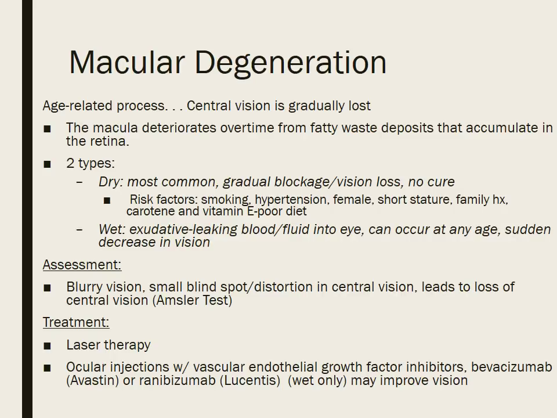age-related macular degeneration, and this happens because there's a growth of new blood vessels in the macula, and these new blood vessels have really thin walls, and they can leak blood and fluid. This is why it's called wet. Exudative macular degeneration is also a type of wet macular degeneration, but it can happen at any age, so it's not related to aging. The condition can occur in only one eye or in both eyes,